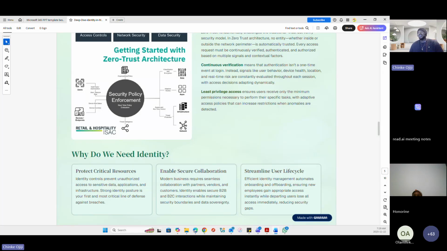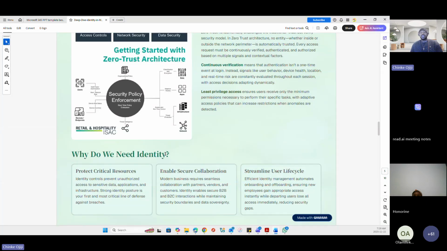And identity also promotes collaboration. We're all here in this Teams meeting now because we have an identity within the Microsoft space, which is why you're able to join the meeting. Even whether it be inside the organization or as a guest, you're accessing resources, and you have to have an identity.